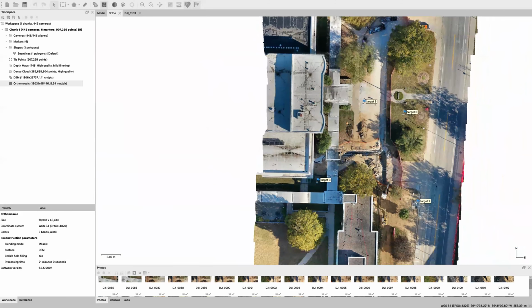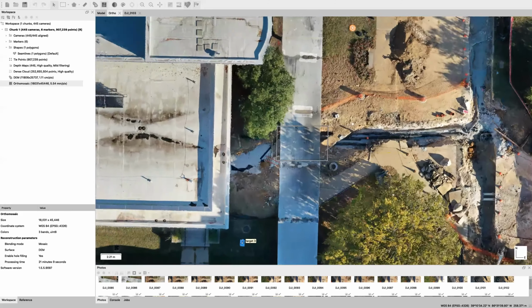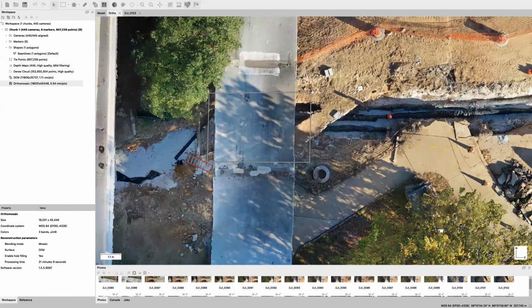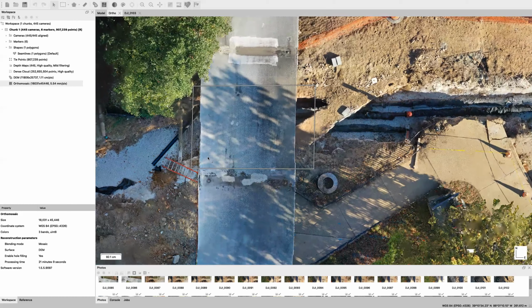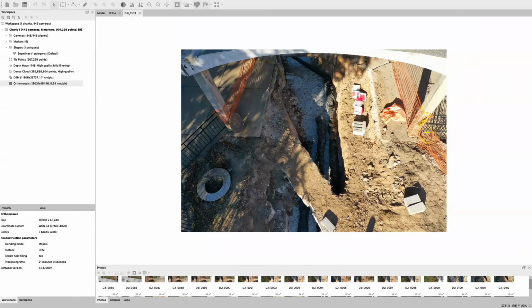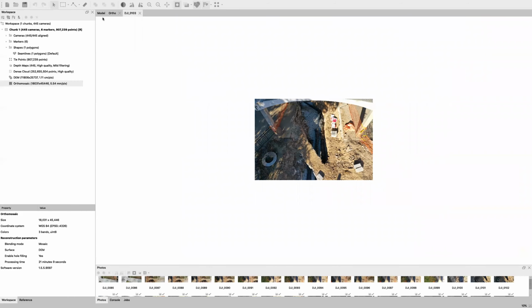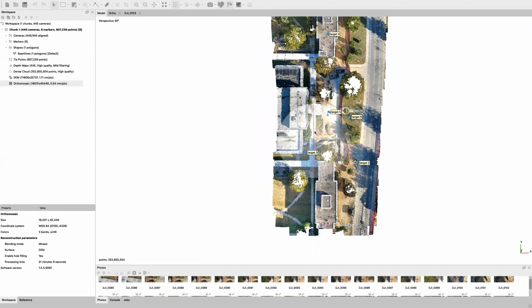Now, if you look right here, it'd be nice to have the detail of this pipe as it goes under this covered sidewalk. So this covered sidewalk is kind of obscuring some important components that we'd like to be able to capture and document. So what I did, and I'll show you in the point cloud model,